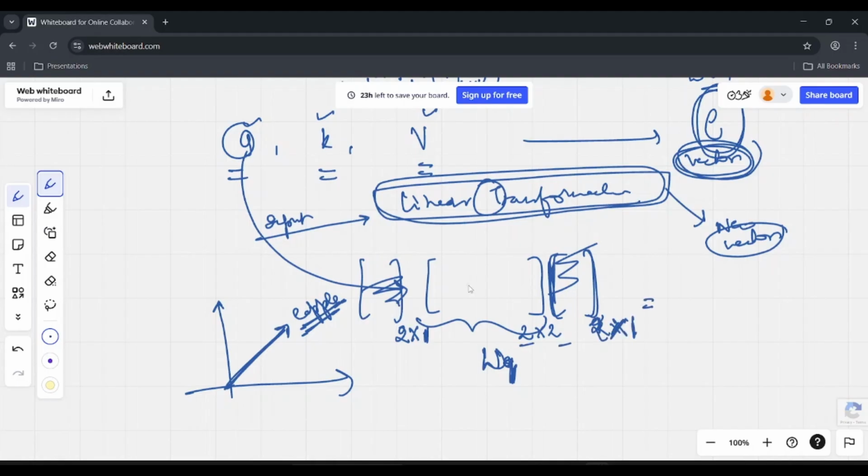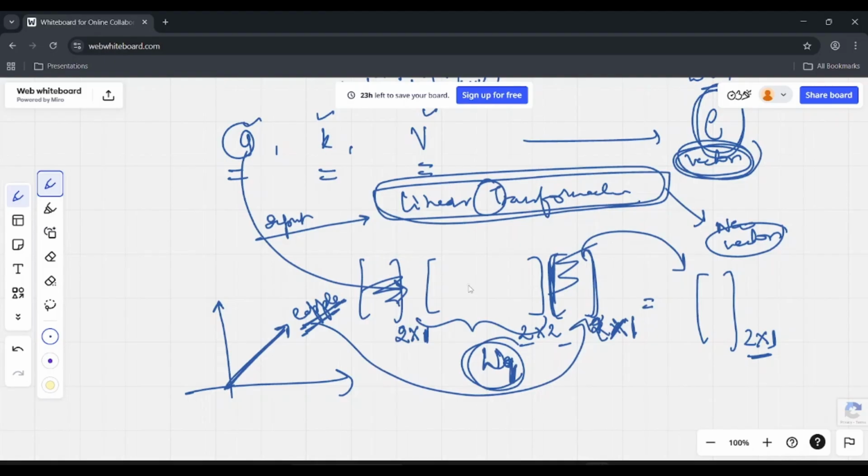So by matrix multiplication, what will we get? We will get a vector which is also of the same dimensions, right? So we take this matrix and our original vector, we multiply them, and we get our new vector which we call the query vector. Similarly, we have another matrix which we call WV, and we get the value vector out of it. Then we have another matrix called WK. We multiply our original word embedding with it, and we get the key vector out of it.